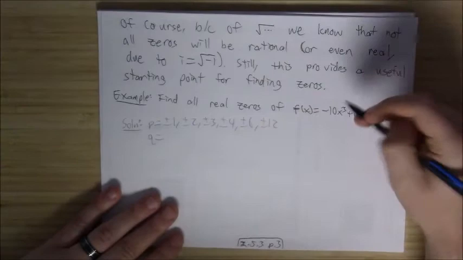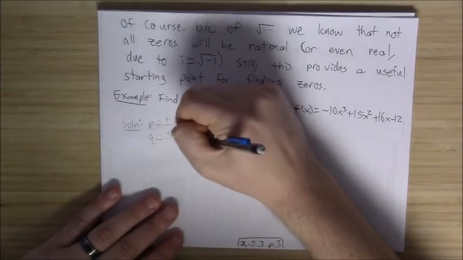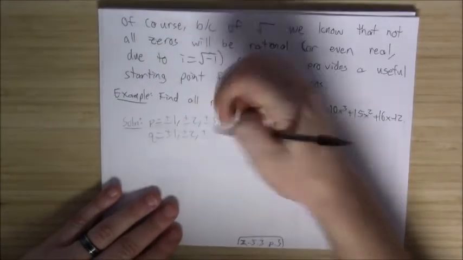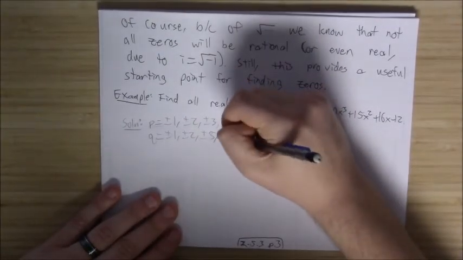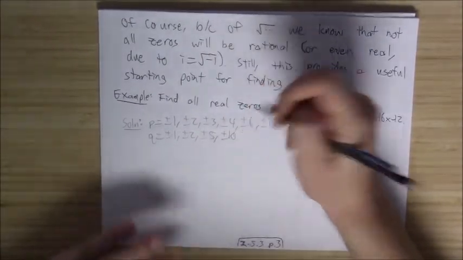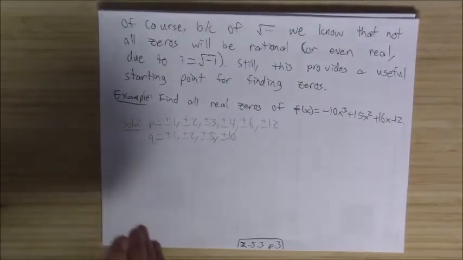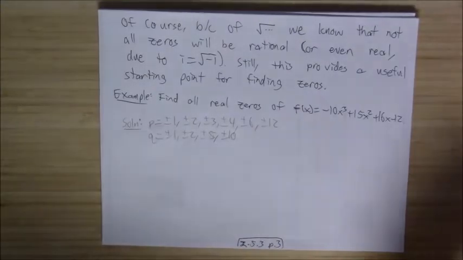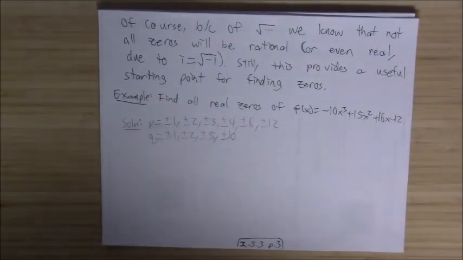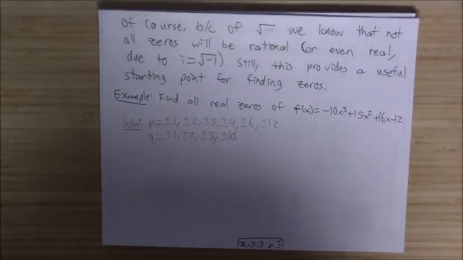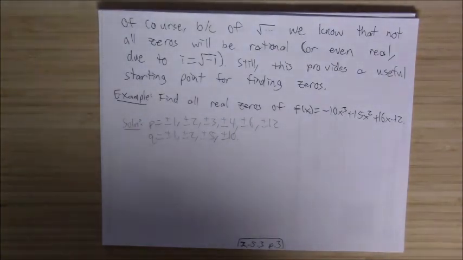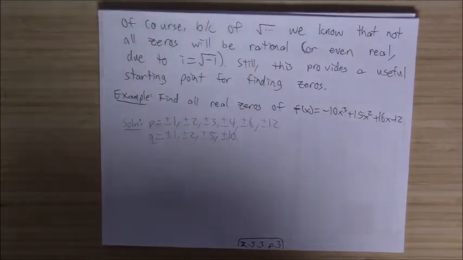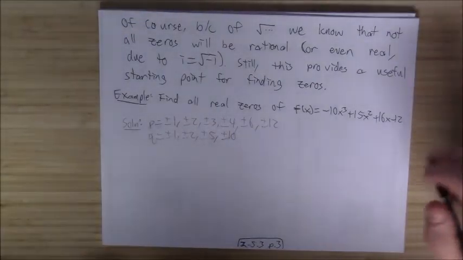Q could be plus or minus 1, plus or minus 2, plus or minus 5, and plus or minus 10. Of course, not all of these can be zeros, but by going through and checking, you will find that